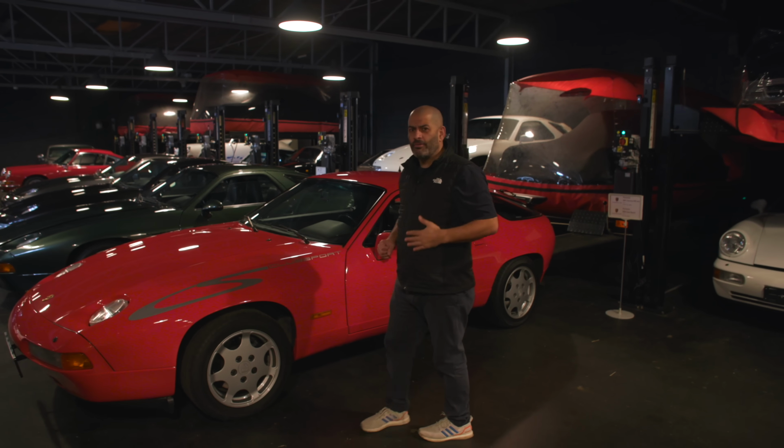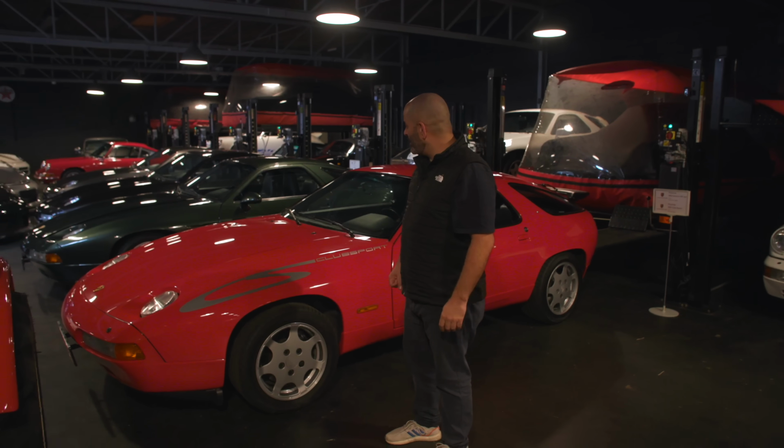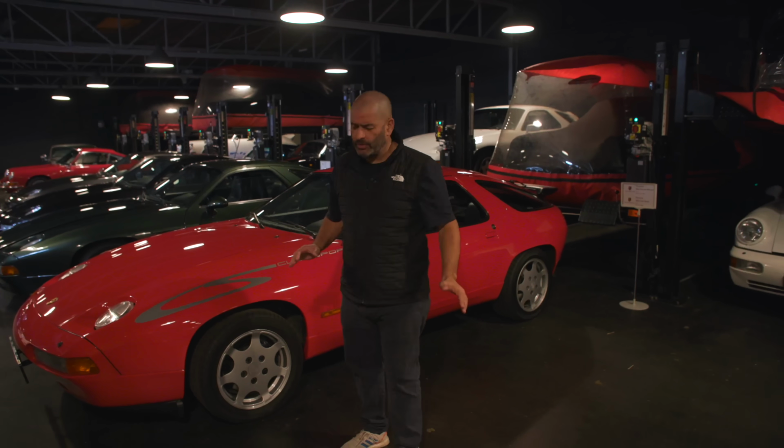It's weird, isn't it? I'm in a room full of 911 royalty, but at the moment, I'm getting the knee trembles from these front-engine GT cars. I just love a 928. Anyhow, I've got to focus and go and look at some other 911s, but for now,